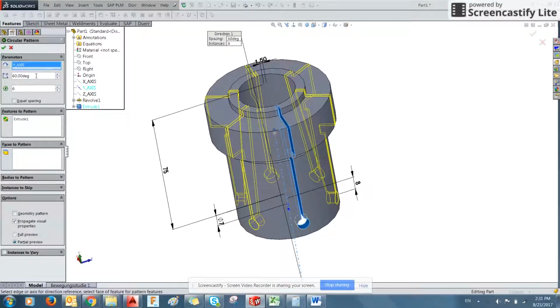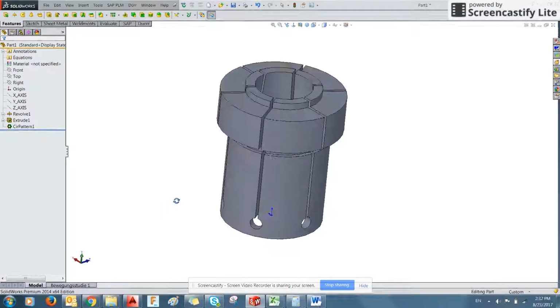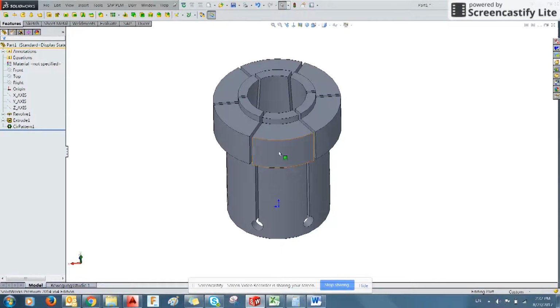The other way to do it would be to select 360 degrees in this field and click equal spacing with 6 features, and it would automatically determine that, well, a full revolve is 360, you have 6 features, they must automatically be 60 degrees apart if they're equally spaced. We can see here, there's new geometry that's been created. But now knowing that we have these 6 features, all at 60-degree intervals, and the other features need to